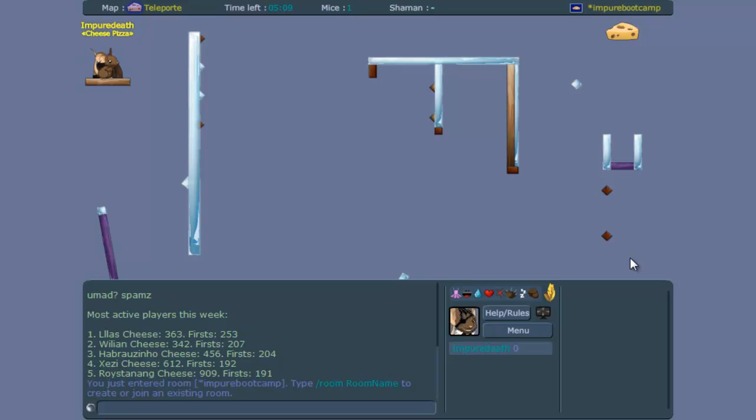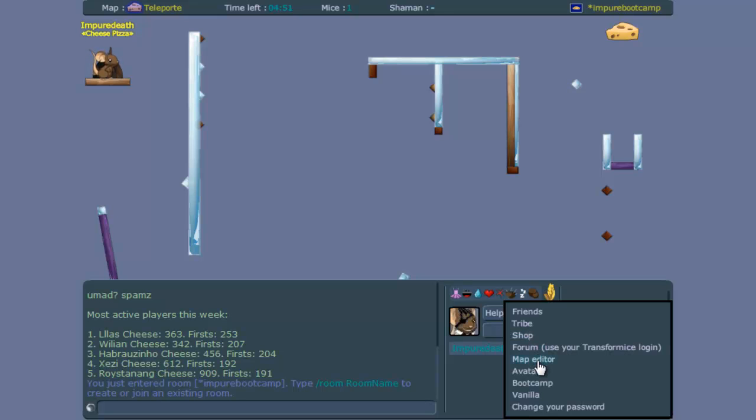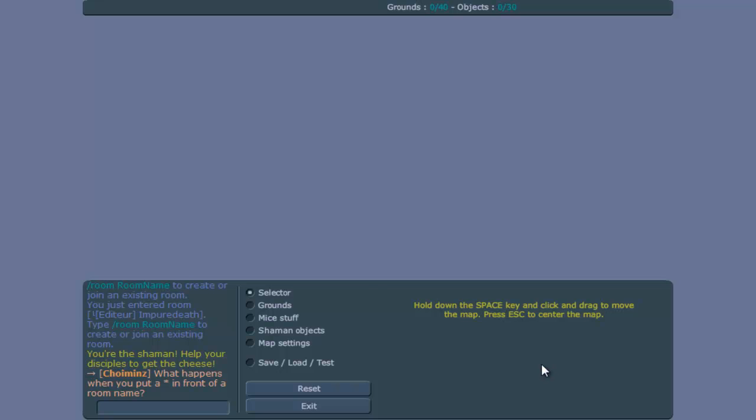Hey guys, I will now do a different kind of tutorial, which is more into the basics of map making, which I notice not everyone really knows what everything is. So if you want to start making maps, you have to click on menu, which you can find here. If you do menu, that's obviously map editor. So now you are an editor, and selector is a tool which you can use to drag around objects like